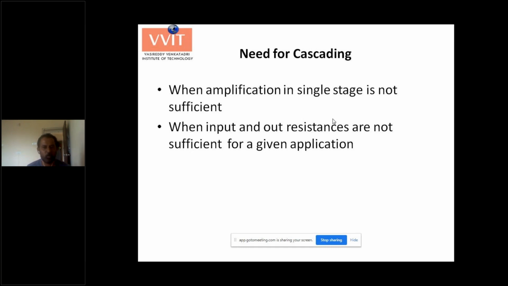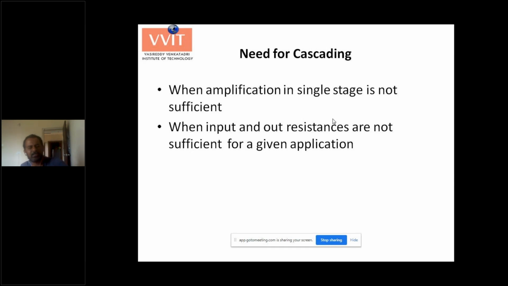For example, I need a high input resistance amplifier with large voltage gain. In general, CE gives high voltage gain, but input resistance is not that large. So what we do is, we keep a CC in front of CE. The CC has a voltage gain equal to unity. It will not amplify. You can't get voltage amplification using CC. But input resistance is high. So when I feed CE from CC, I get high input resistance, and my voltage amplification is already achieved in CE.